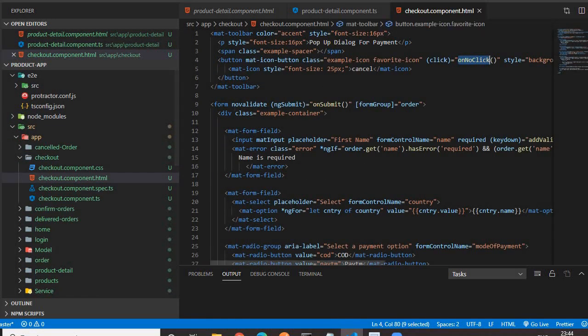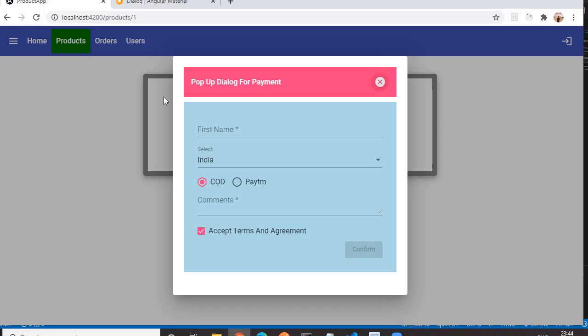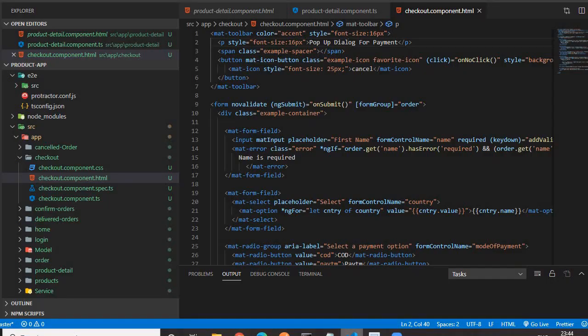We are using the form in our checkout component, and this is what we are displaying in our dialog window. We have a toolbar with the header 'pop-up dialog for payment' along with the cross button. Everything we are displaying in the dialog window is written in the checkout component.html file.